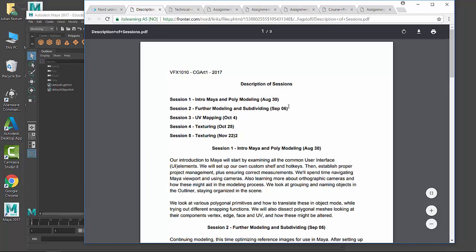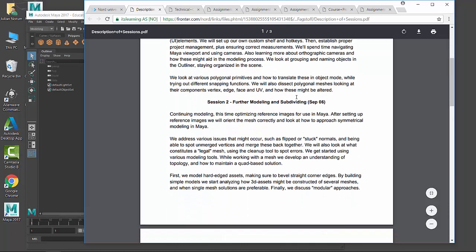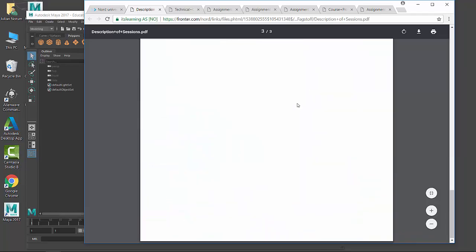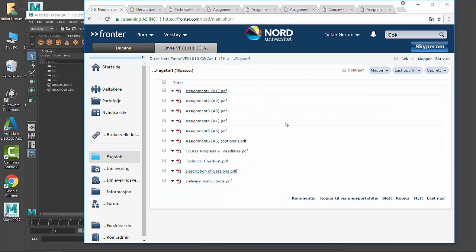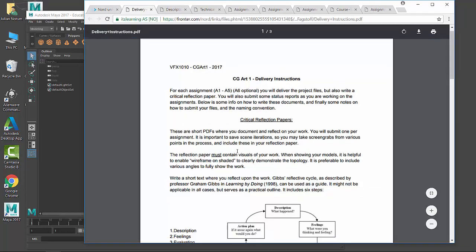Also, you want just a brief little overview of all the course contents. So I did that. This is just a description of the sessions, very briefly, that tells you all the sessions, a couple of pages. I tried to simplify it. I think it's better. It doesn't need to be that complex. And then there's the deliver instructions, but I think it's pretty